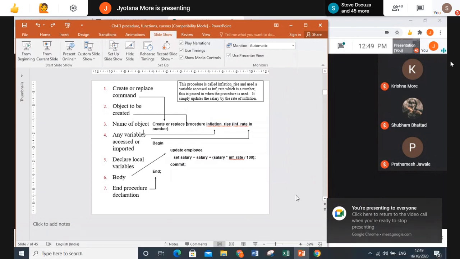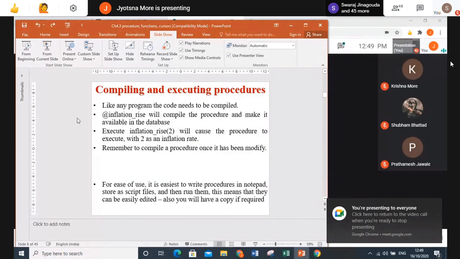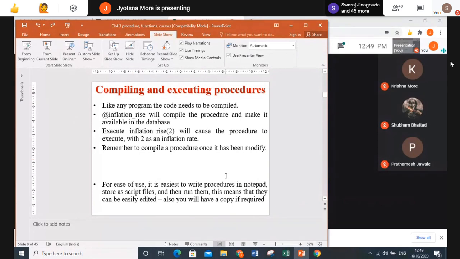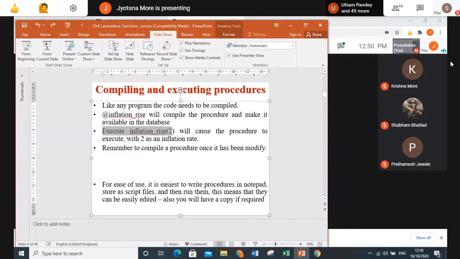So here is the inflation rate value which I am going to provide. For every procedure you need to compile at least once. So you compile the inflation rate procedure by its name, and that way you can compile your procedure. Once you have compiled, you can execute the procedure using execute procedure name with the values which you have mentioned